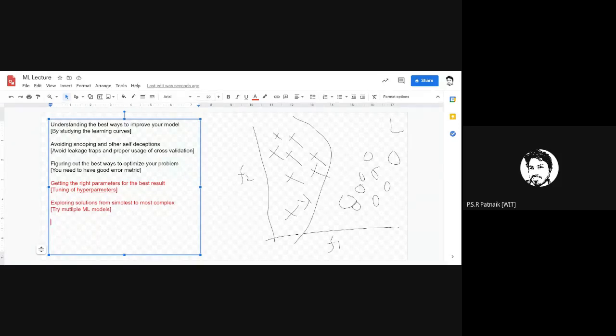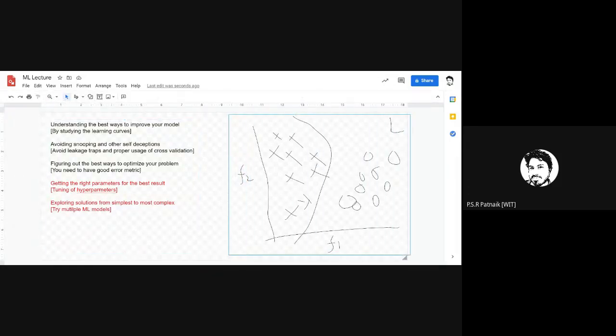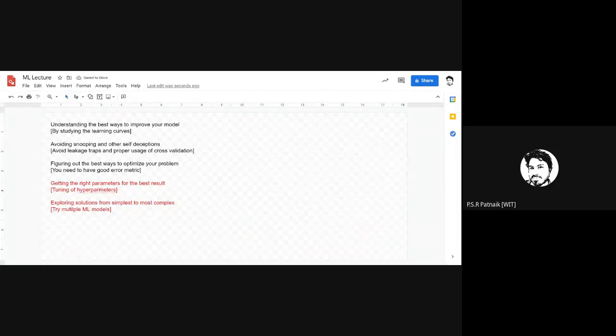One ML model might give you good accuracy for class A. For example, let us suppose I have ML model M1 and I want to classify between class A, class B and class C. M1 gives me the best classification with respect to class A. Then I have M2, which gives me better classification ability for classes B and C, but it is poor for A, and M1 doesn't work well for B and C. So what solution do you suggest in this case?